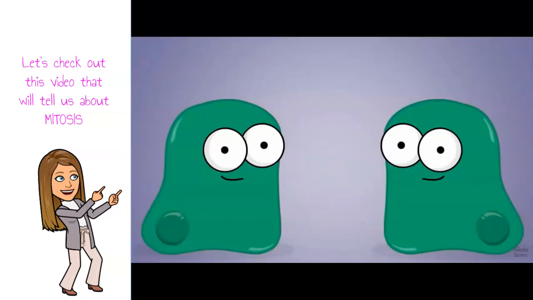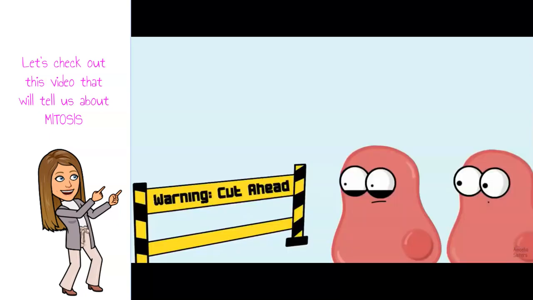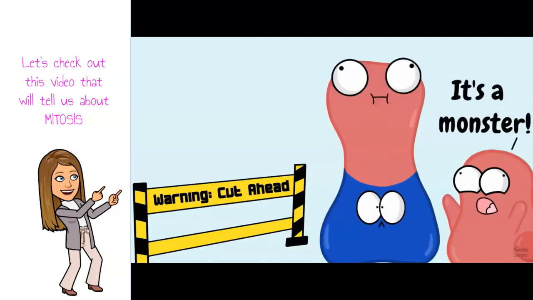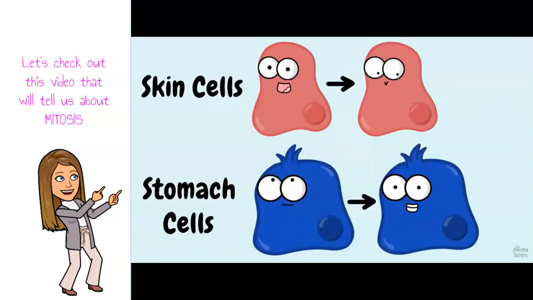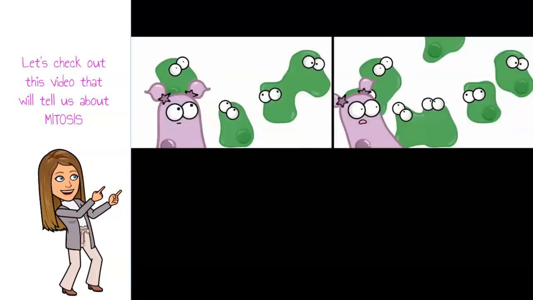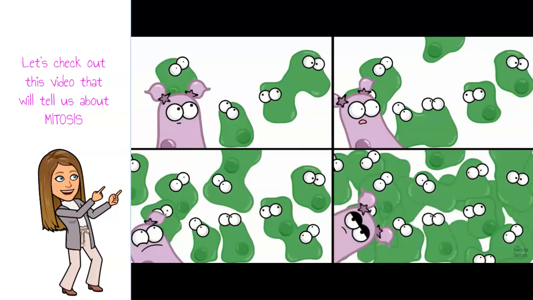Mitosis makes identical cells. That is the goal, identical cells. So if you're trying to make more skin cells to replace worn out or damaged skin cells, you don't want to start suddenly making stomach cells there. That would be ridiculous. You want to make sure you have identical cells replacing what was lost. So mitosis makes identical cells. It's a really important thing. Now, it's also important to understand that your cells are not dividing all the time. If all they did was divide, it would just be rapid, crazy growth.